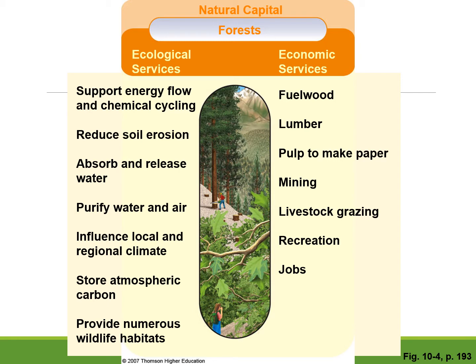They obviously absorb water, right? Their roots hold that soil in place, and that slows down water like rainwater and lets it absorb. Trees, through something called transpiration, release water through their needles or their leaves into the air, adding a little humidity. They help to purify water and air. They add oxygen to the air. They take in carbon dioxide. They take in water through their roots and release it in transpiration out of their leaves.